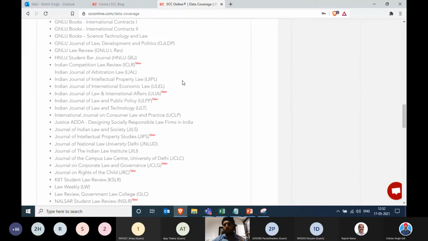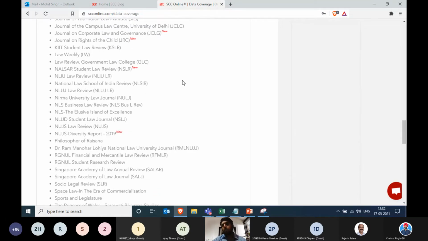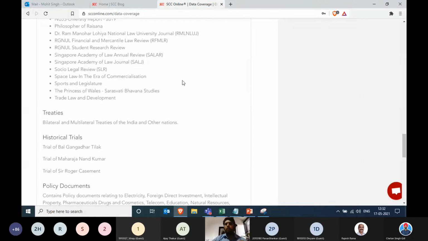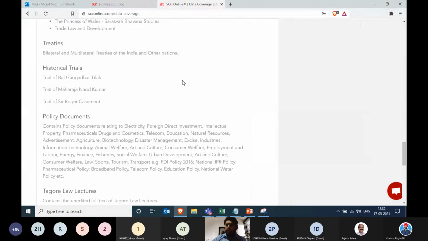Apart from that, from the academics point of view, we also cover moot court resources, in which we try to cover all the moot court competitions held in India, including the problems and the moot propositions by the teams. Moving ahead, we also have bilateral and multilateral treaties. We have historical trials, the trials of Bal Gangadhar Tilak and Maharaja Nand Kumar, and we also have